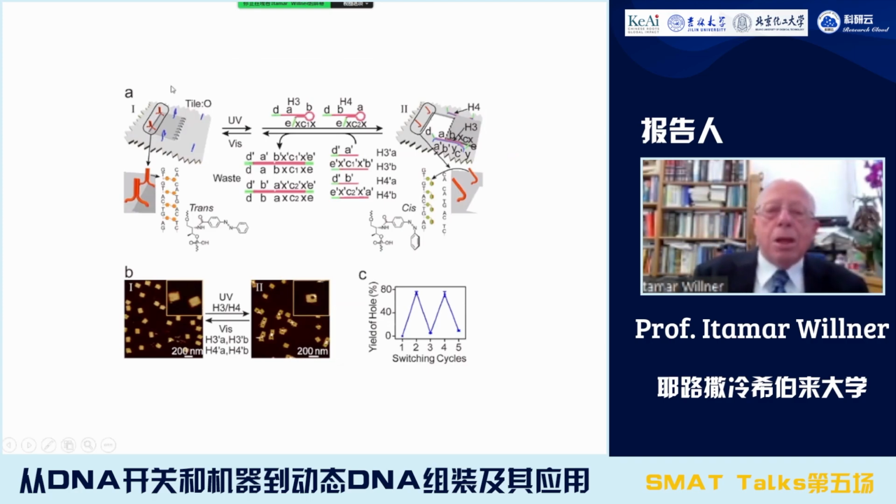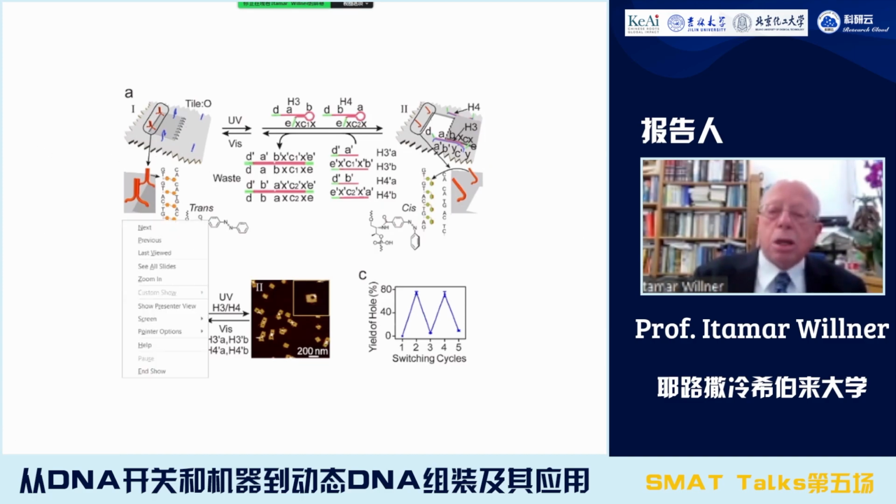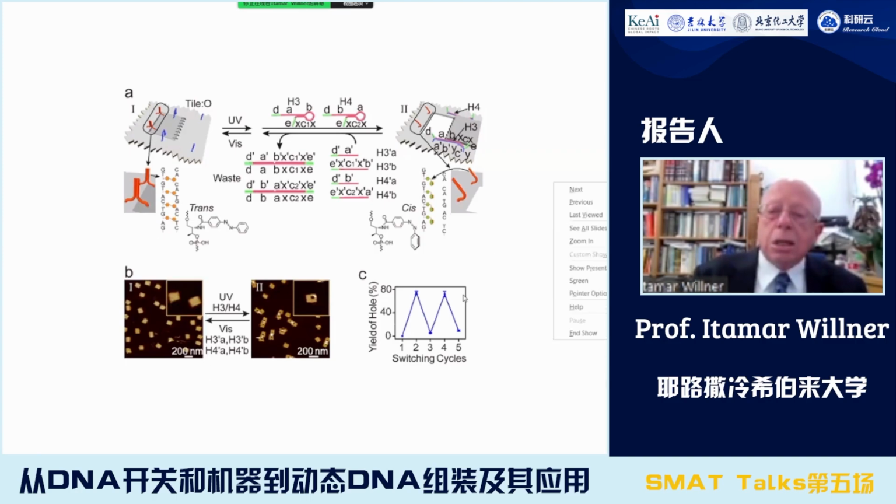sure enough, that based on what I said, we can design a lock that is made of azobenzene units, of trans-azobenzene units. In the presence of light, we convert the azobenzene to cis, we unlock, and by this mechanism, we make a hole in the system. And if we go back from the cis state to trans and irradiate the system, we can relock in a reversible way, making locking and unlocking of the DNA.